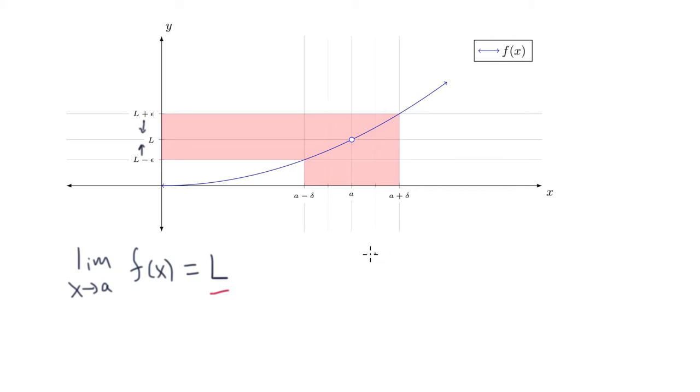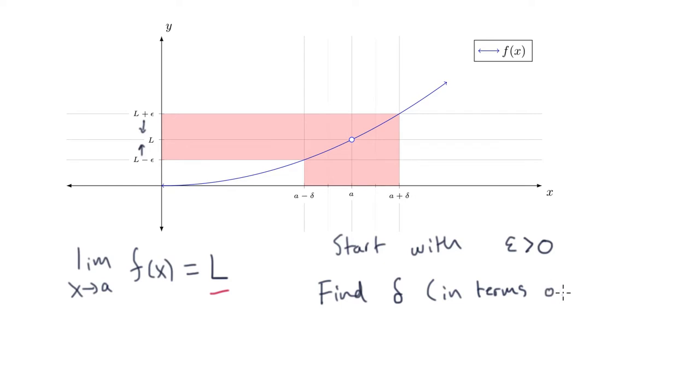So you always start with an arbitrary epsilon. I don't get to pick epsilon. Epsilon is just any arbitrary number. That's just giving me the window I'm trying to shoot between. My job to prove this limit is to find delta. And I'll find delta in terms of epsilon. So actually delta will depend on epsilon. The bigger epsilon is, the more wiggle room I have for delta. The smaller epsilon is, the less wiggle room I have for delta.